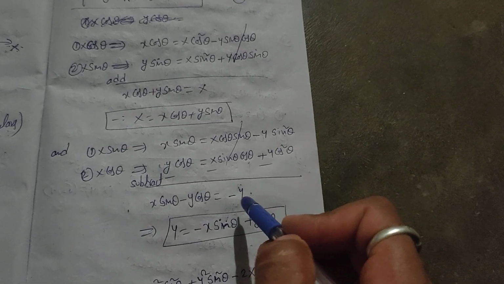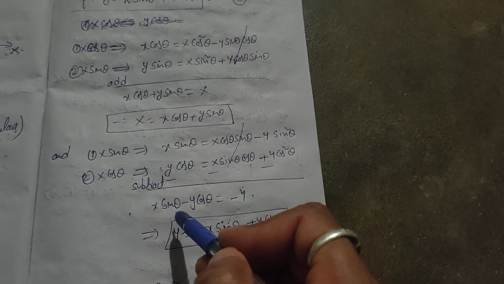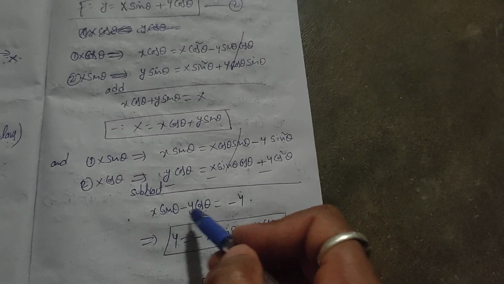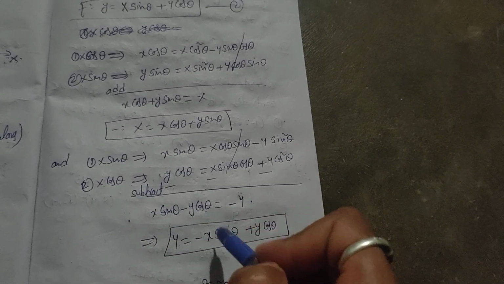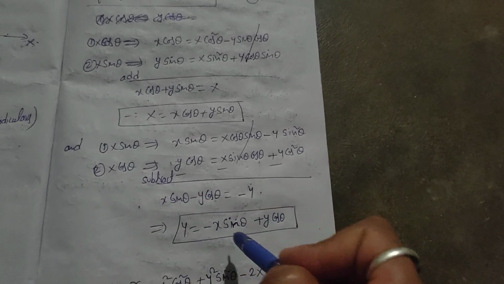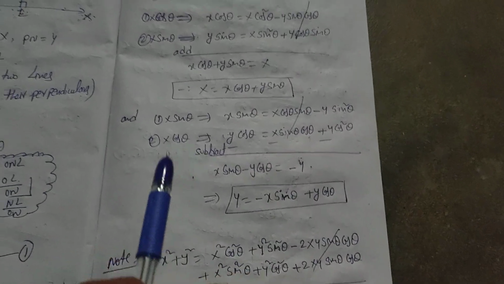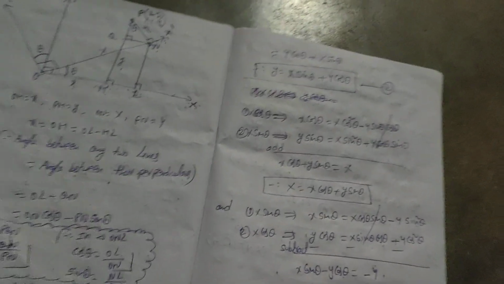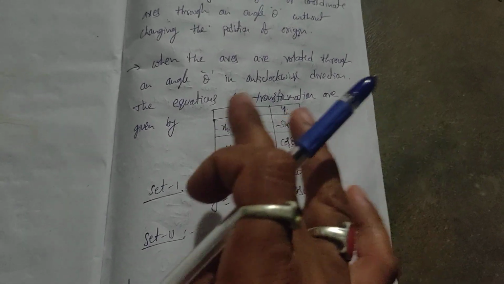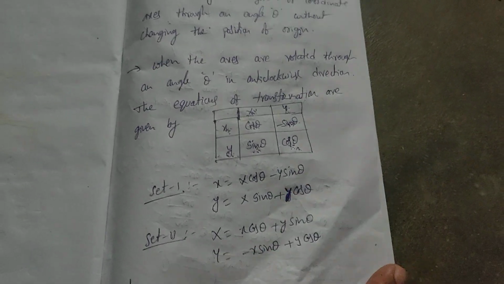So you have total minus y only. Therefore this minus also transfers to this side, then we have y is equal to, this term becomes negative, this term becomes positive. So capital Y is equal to minus x sin theta plus y cos theta. So this is the proof of this theorem. So we have to remember this table. If you remember this table, we can do all the problems based on this one, rotation of axis.